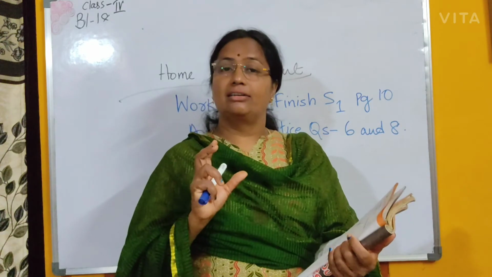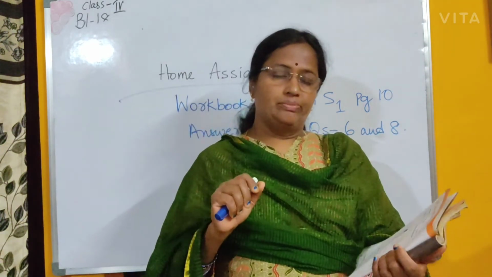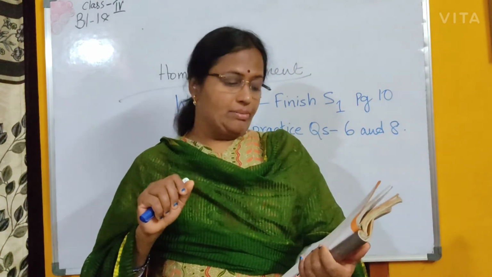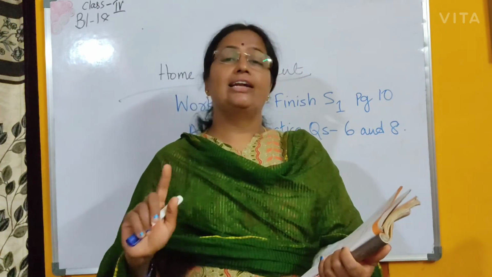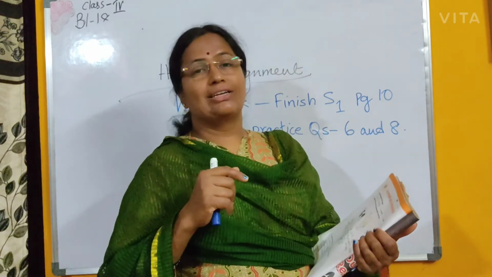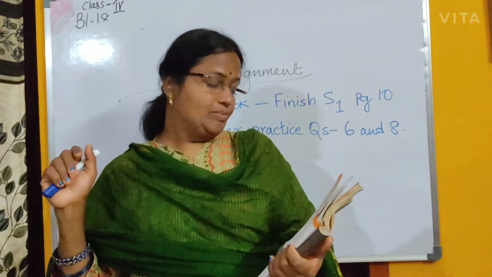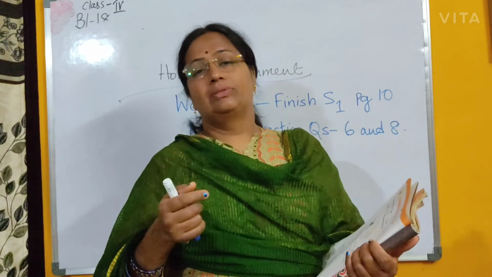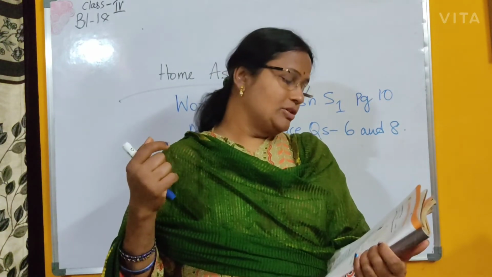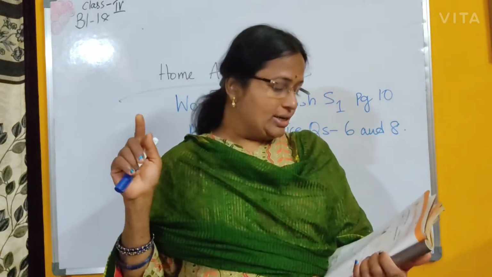A. Curd. Curd means dahi, perugu, right? Leather shoes. Newspaper, rasgulla. So among these 4, curd and leather shoes. Curd is from buffaloes and cows. The milk is boiled, heated and set as curd. Leather shoes are made from the skin of dead animals like buffalo, camel, etc. So curd and leather shoes are from animals. You can put a tick to it.